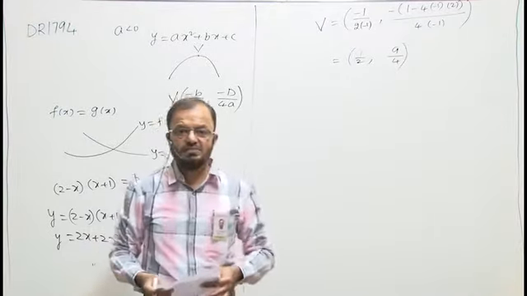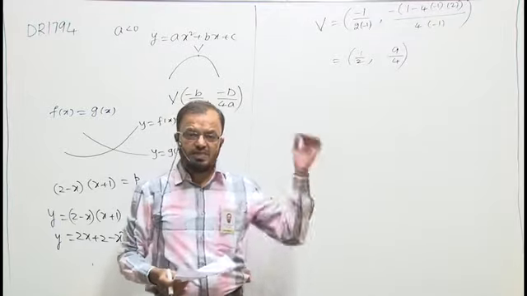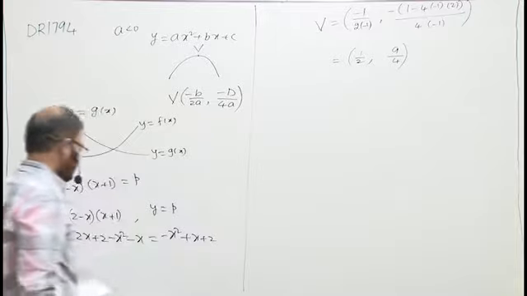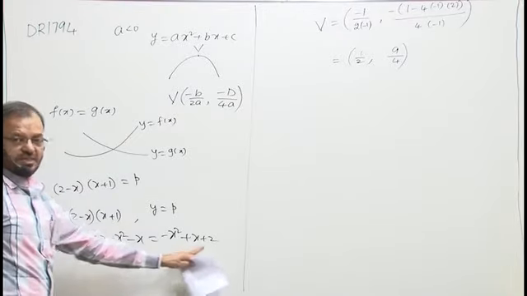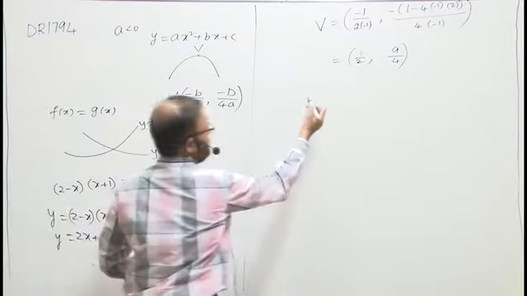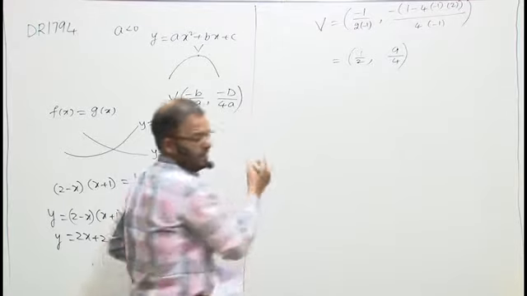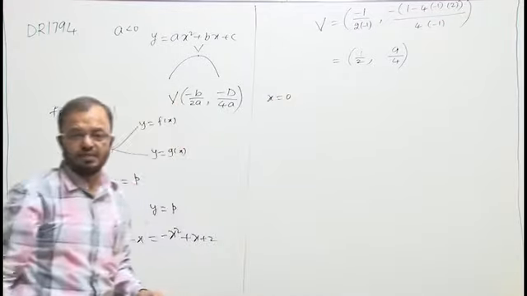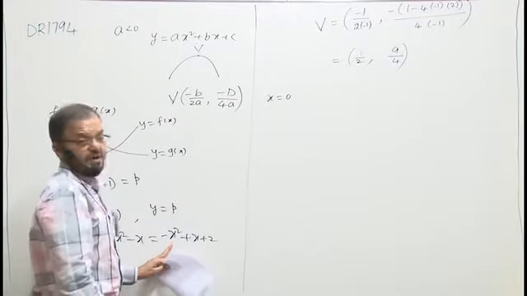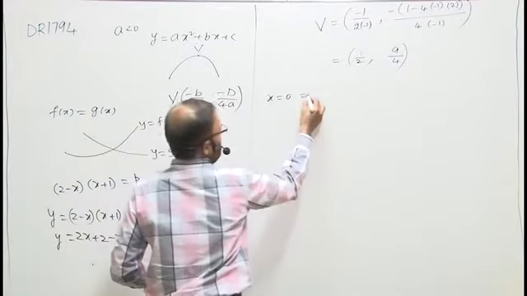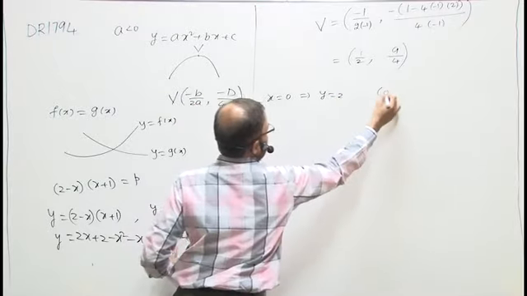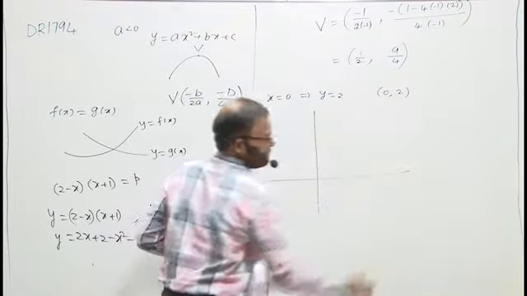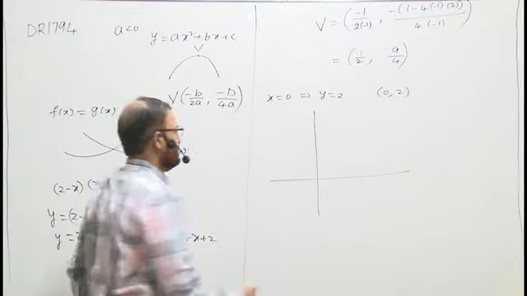This is the vertex which is in the first quadrant. This helps us to draw the graph of y equals minus x square plus x plus 2. If you want, you can take help of another point. I will see where it is intersecting the y-axis. If I put x equals 0, then I will get y equals 2. The point is 0, 2. Now making use of this, I can draw a rough graph of this one. It is something like this.